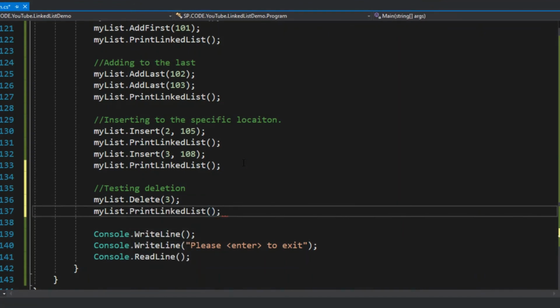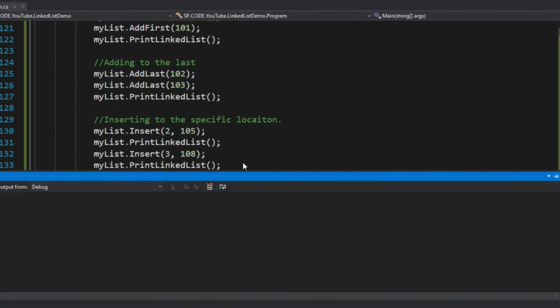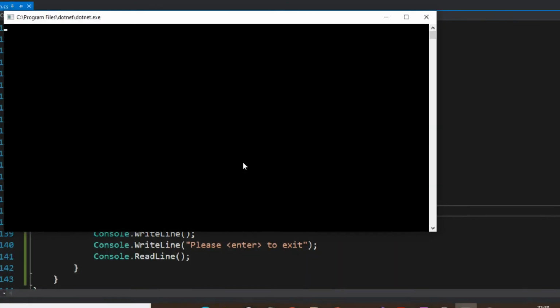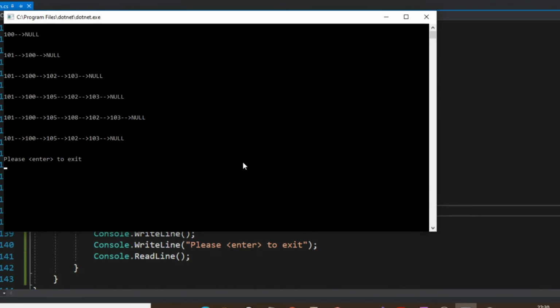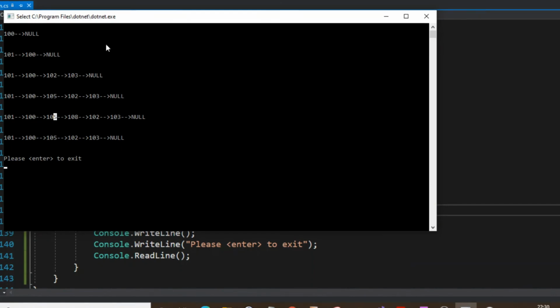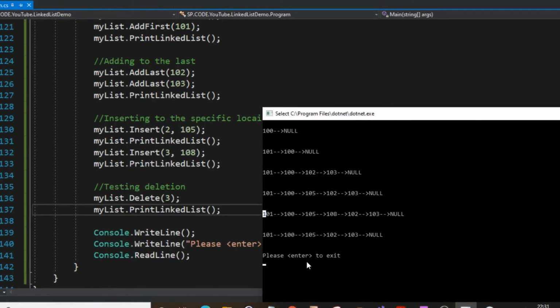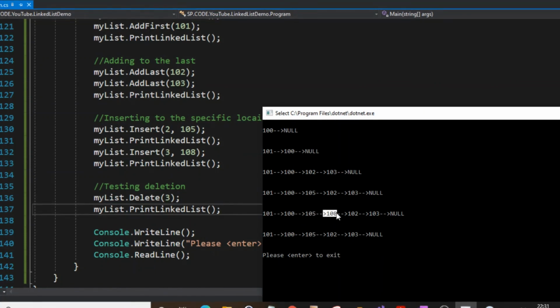Once it is deleted, it will print the remaining nodes: one, two, three. Actually, if you see, we need to delete the node I've given, third, right? So it will have 1, 2, 3. It should delete 105. That is the node we are deleting.